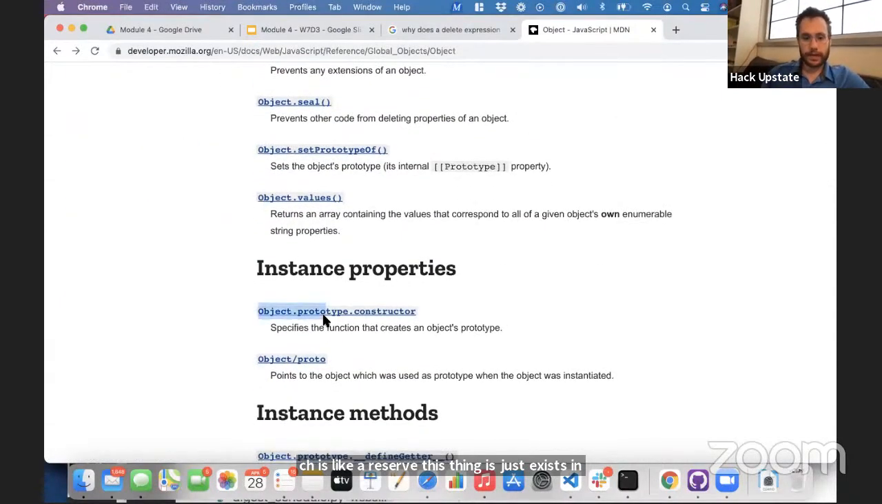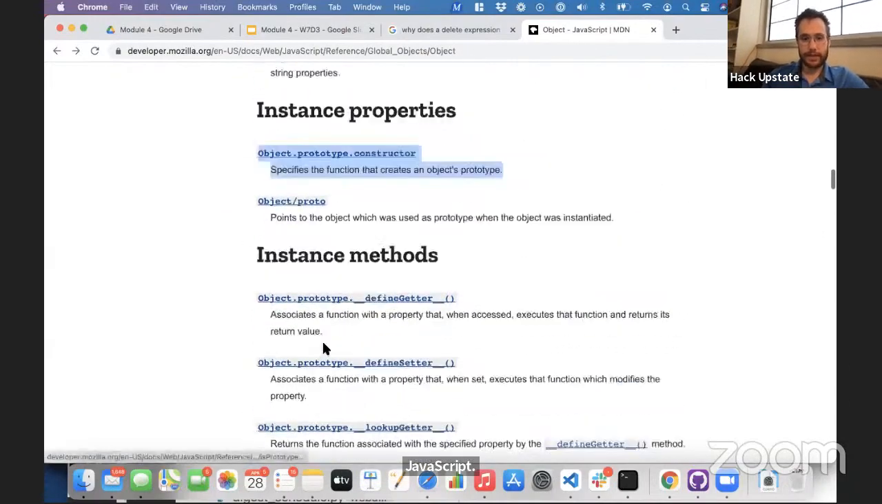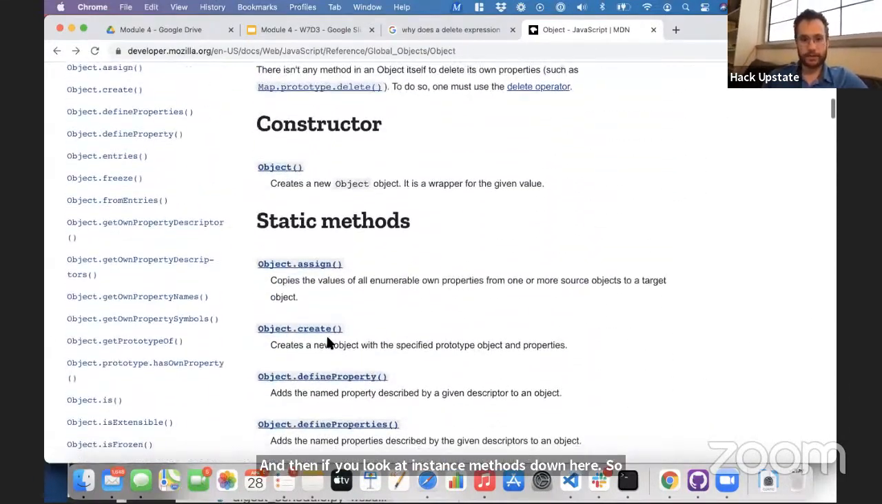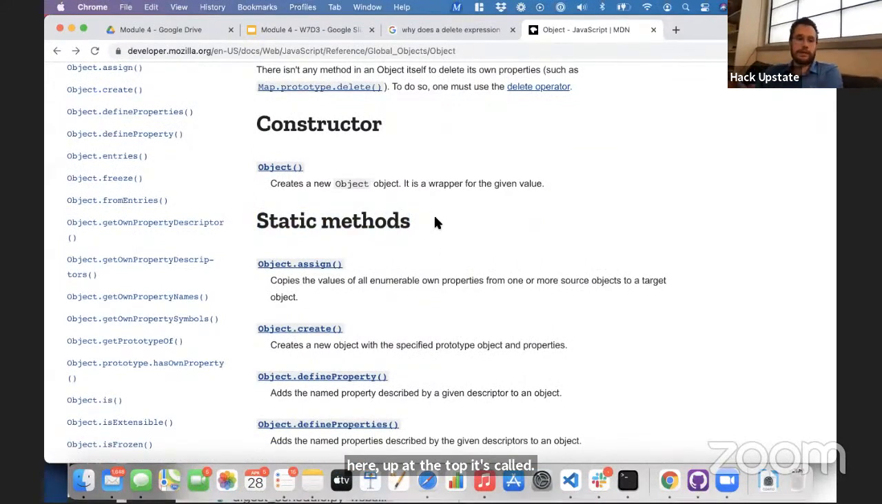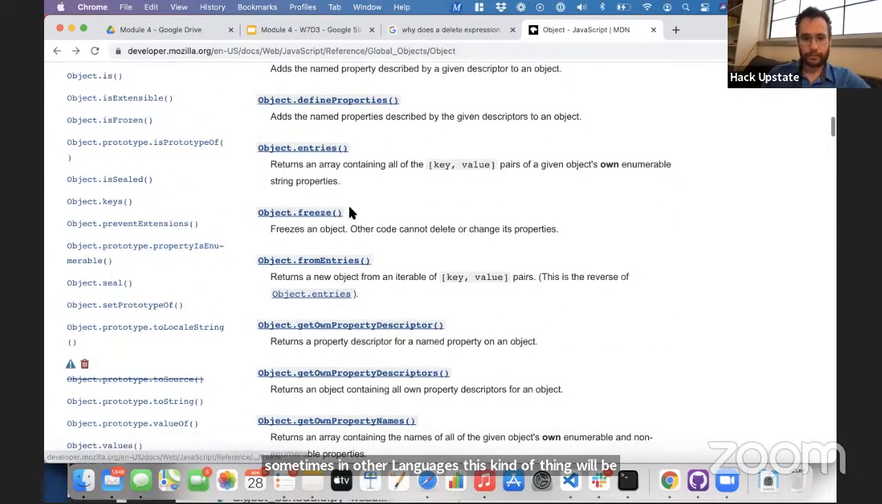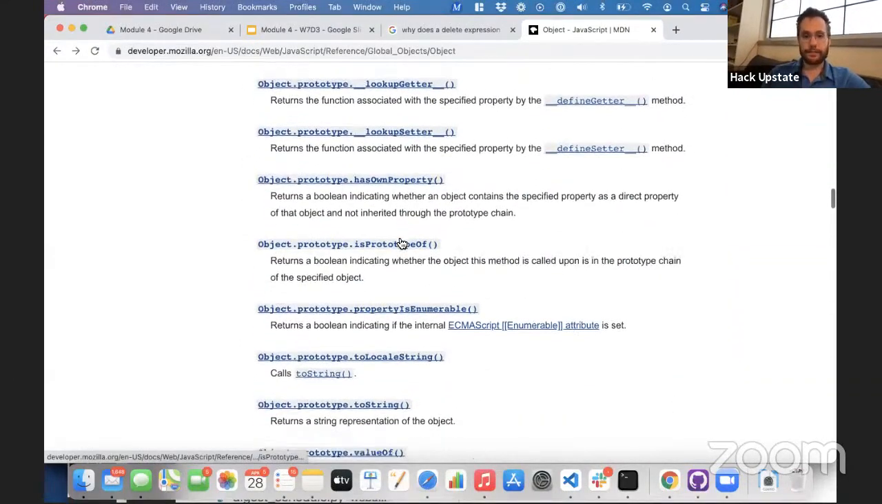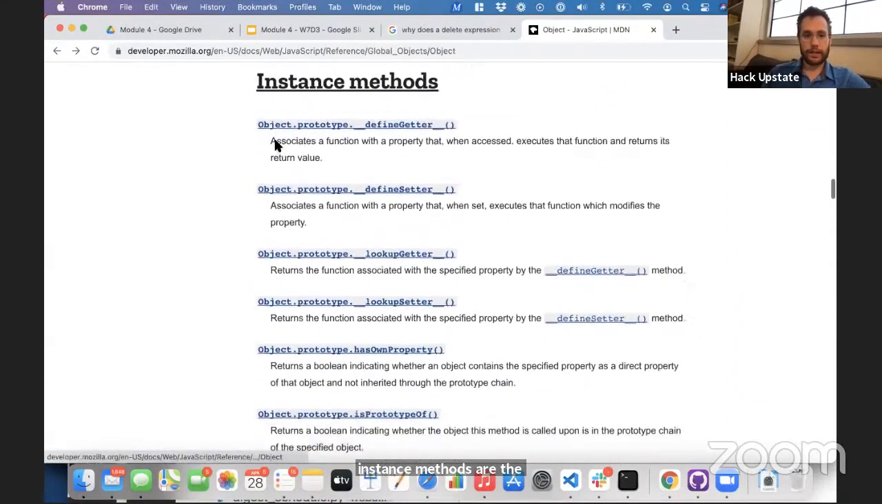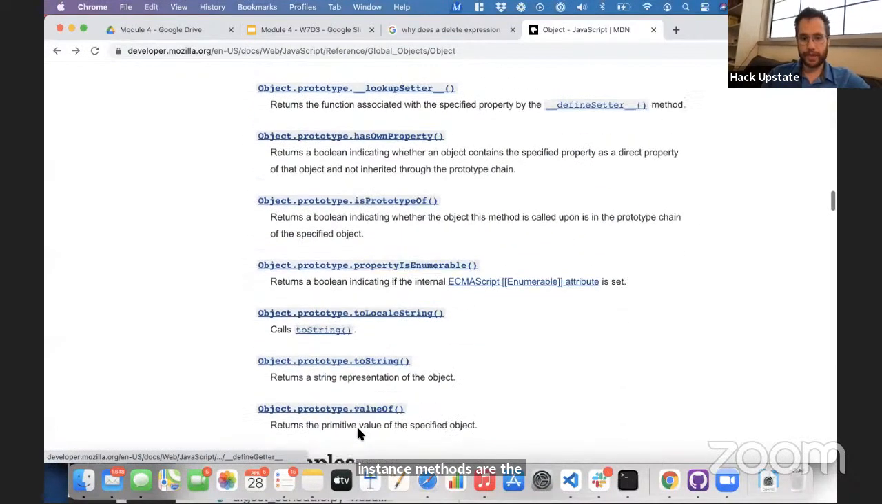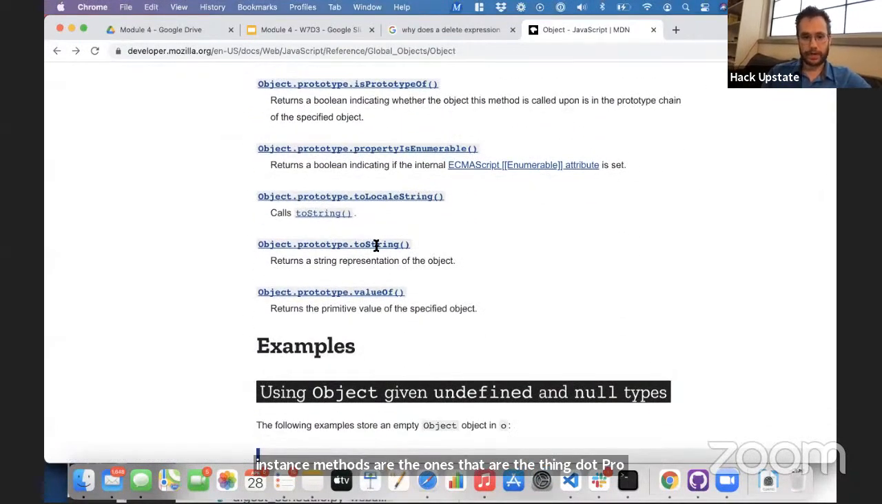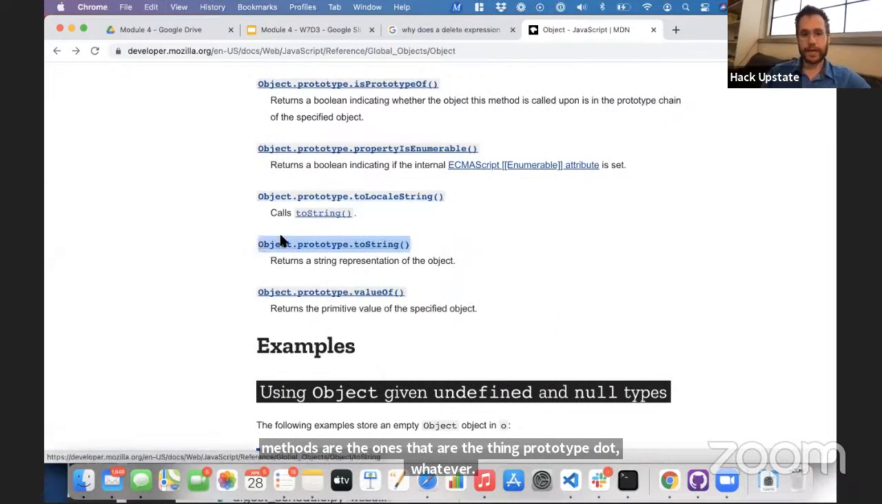And then if you look at instance methods down here. So up at the top, they're called static methods, not class methods. But sometimes in other languages, this kind of thing will be called class methods. These are when it's Object.freeze, you have to literally type this into your code. Instance methods are the ones that are Object.prototype.whatever. So like Object.prototype.toString,